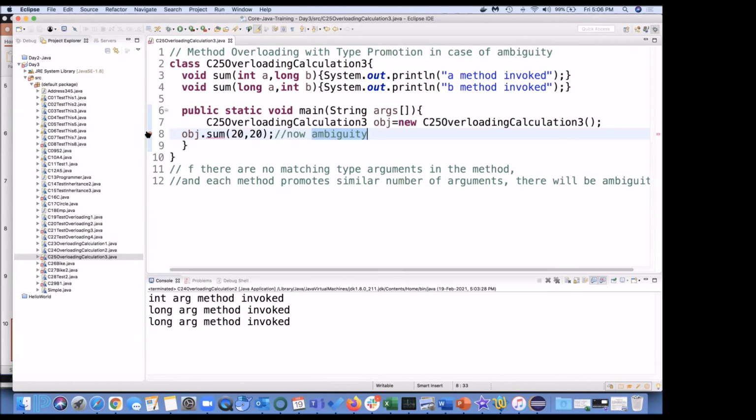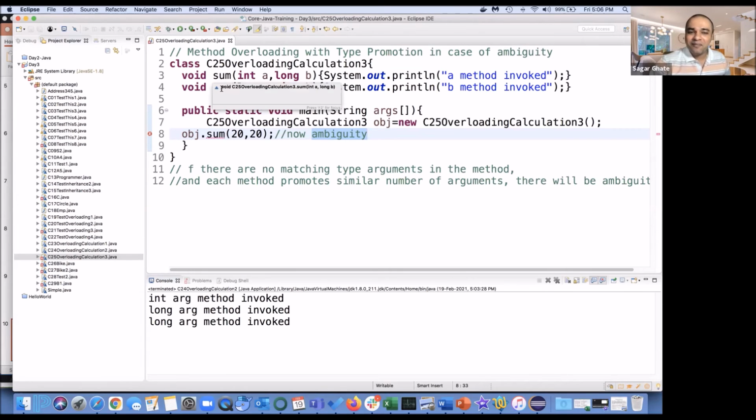Okay. Means two methods with the same name, that is the confusion actually? No, the methods can have the same name, but with similar kinds of parameters. Suppose I am going to call this with 20 and 20.